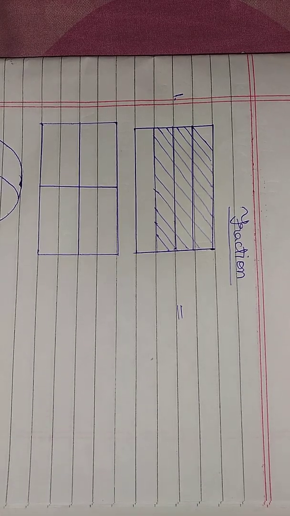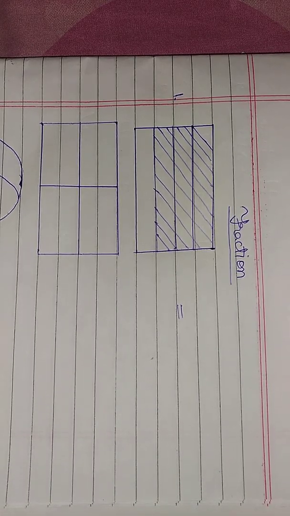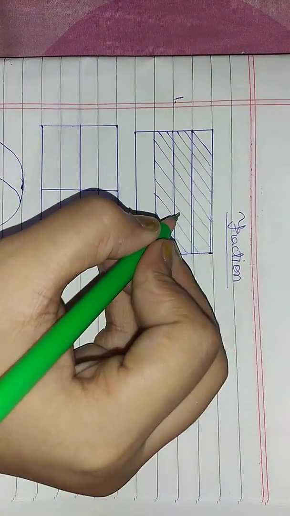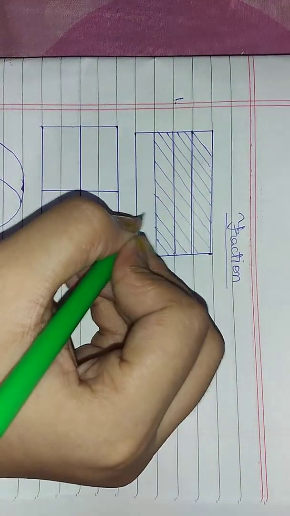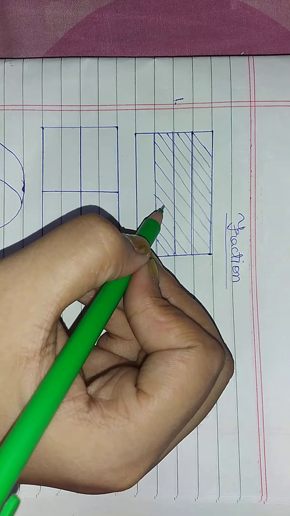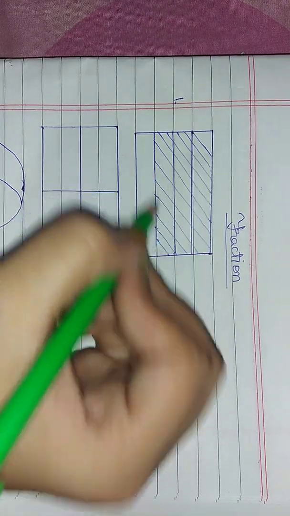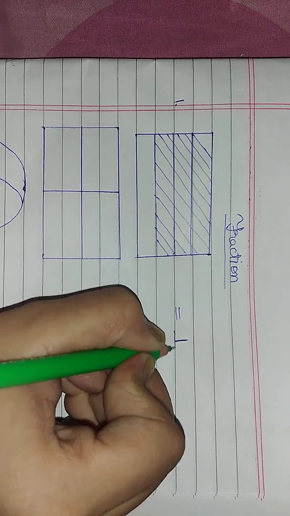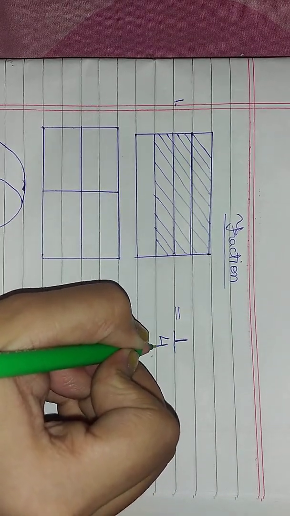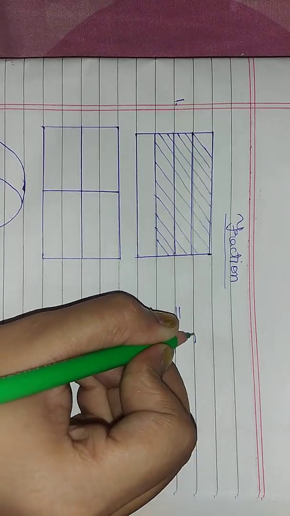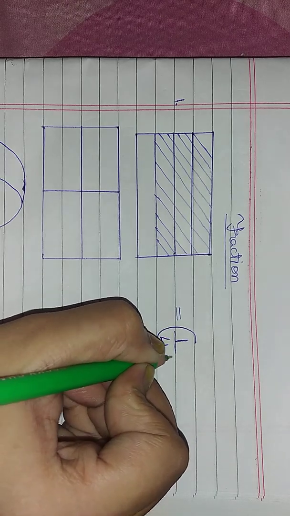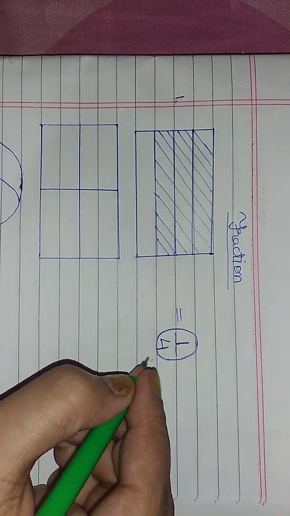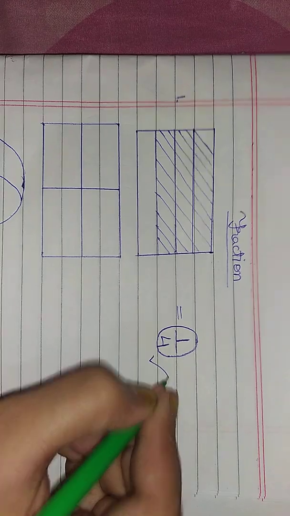Now I am going to say the answer, that is 1/4. Here are 4 blocks: 1, 2, 3, 4. 4 blocks, and I have taken out 3. Now which one is left? 1. So the answer will be 1/4. You can make a circle also. If your answer is correct, give it a tick mark. Like this, tick mark.